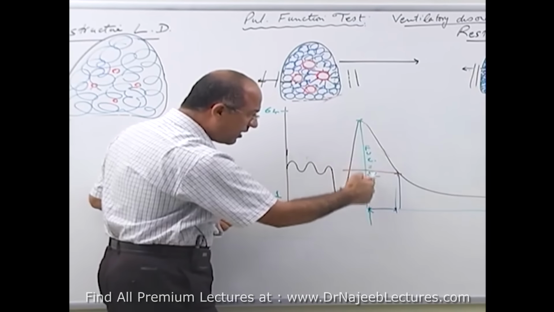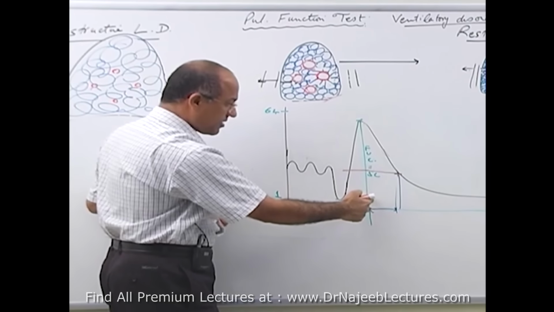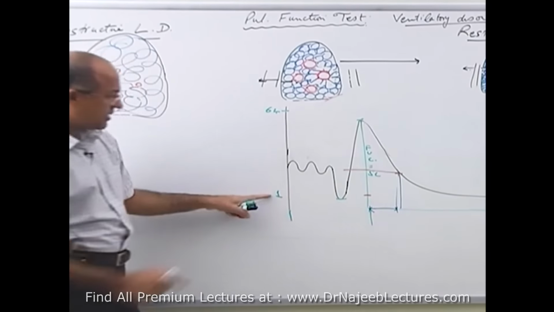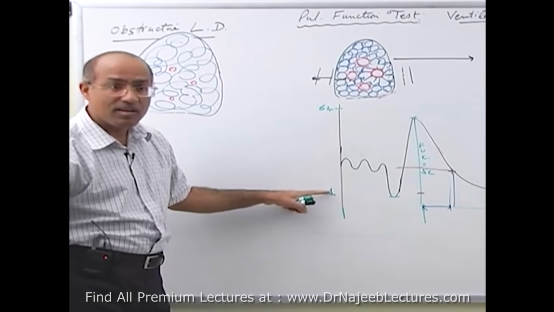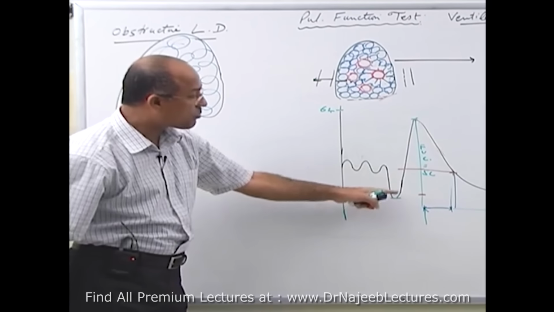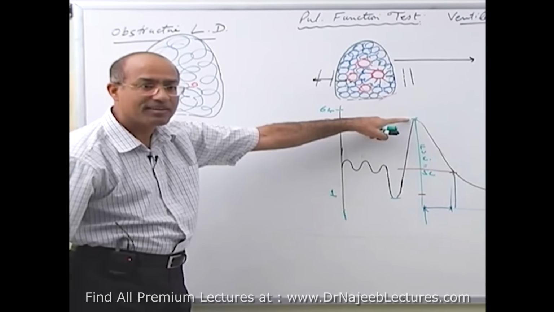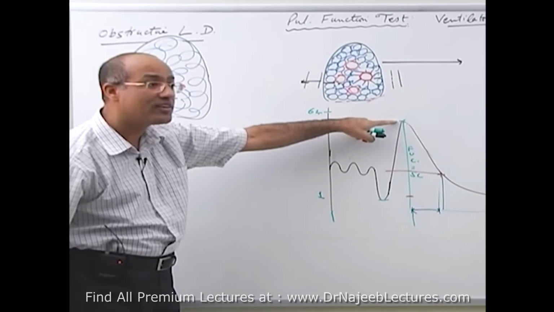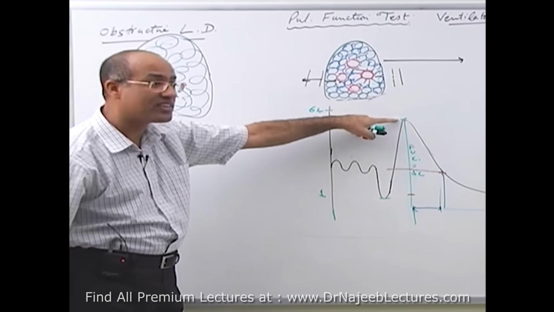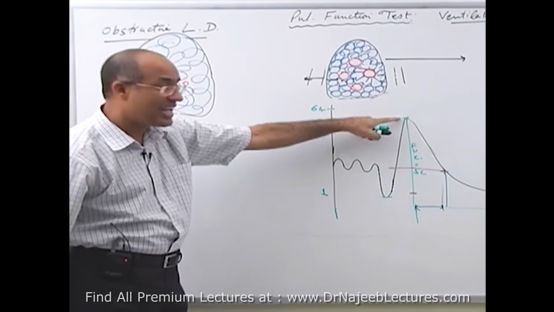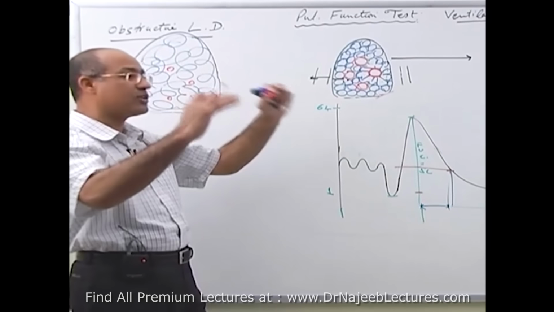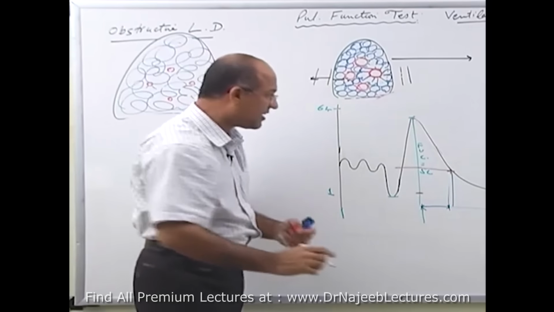Now what was the total? 1 liter is residual, and when he inspired the maximum volume, the lung went from 1 liter to 6 liter. How much air did he have as vital capacity? 5 liter. And when he blew out that 5 liter as hard and fast as he could,